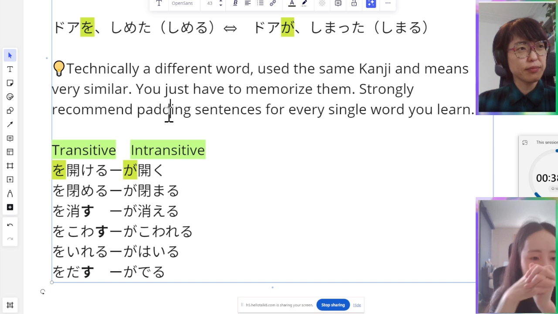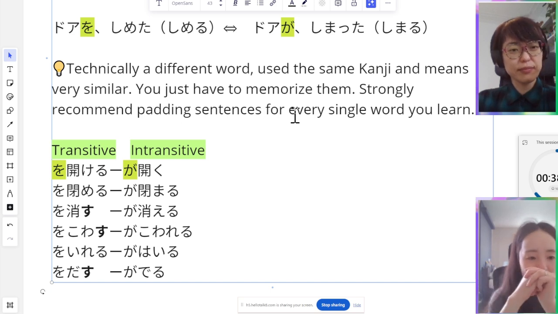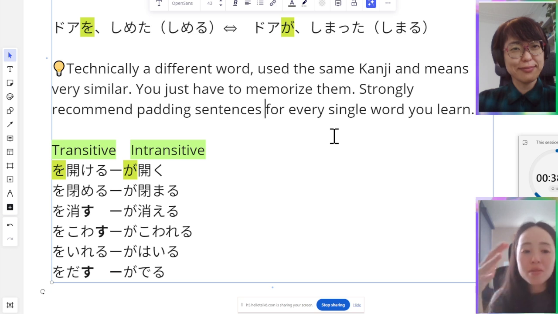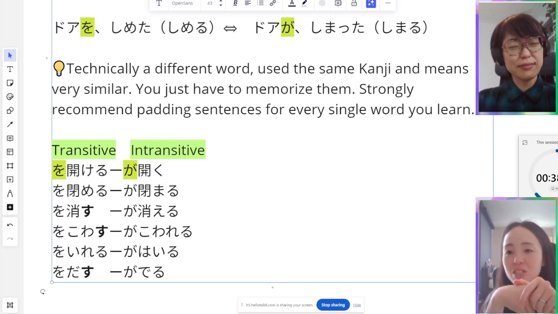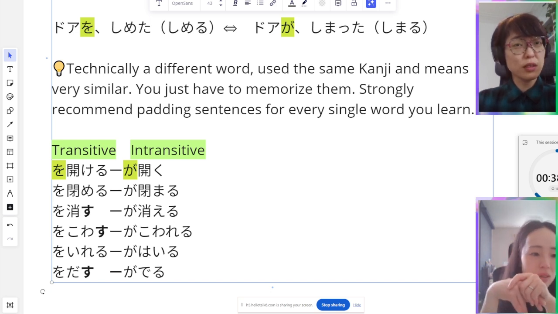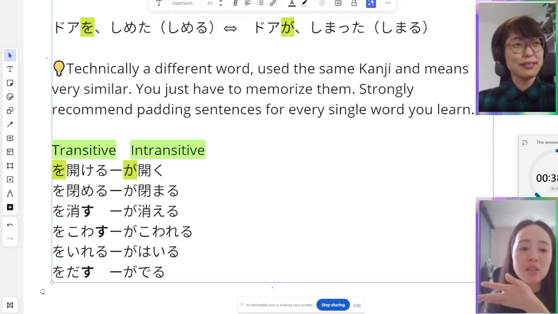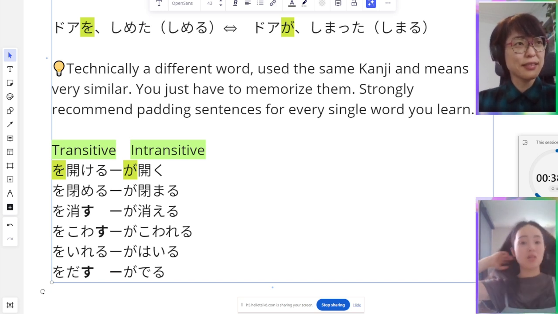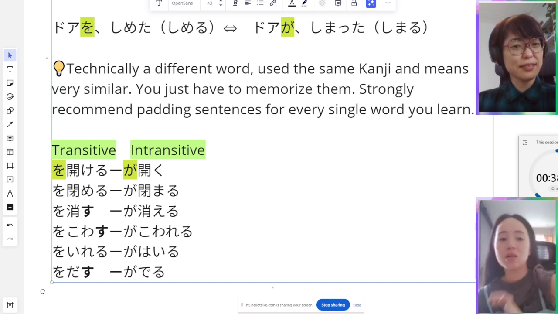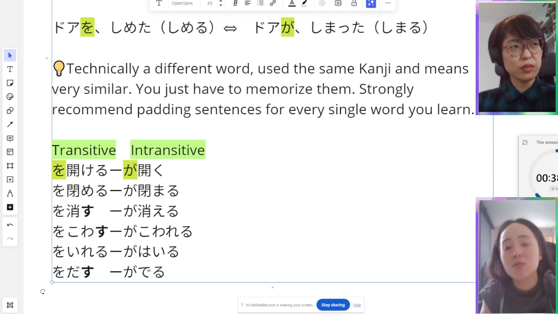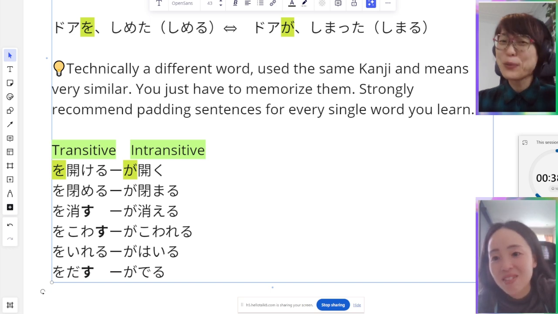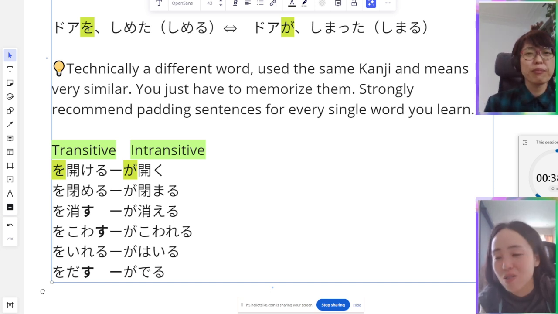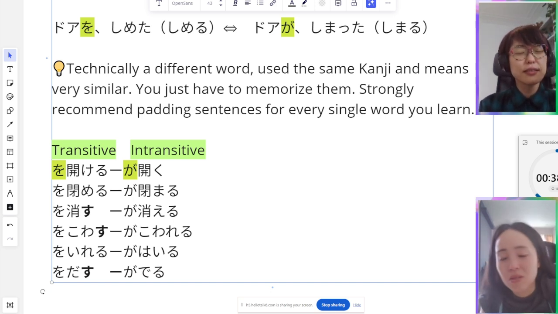Alright. What else do you want to say? Maybe I think transitive and intransitive is one of the most difficult points in the Japanese language. And the more you learn, the more you encounter a lot of phrases and vocabulary, intransitive and transitive, unlimited. What do you think? So, how should Japanese learners study